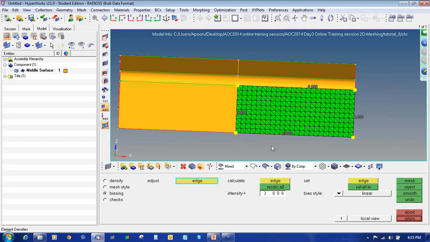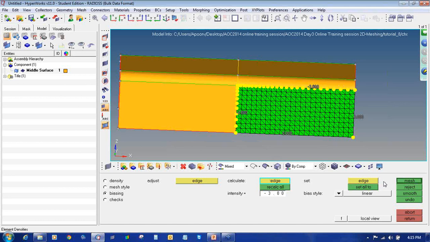Then we will see the biasing factor. Keeping the number of elements the same, doing the biasing will help me get a higher number of nodes and elements at some particular point. Let's suppose during my analysis I find that this particular zone comes under the high stress zone. So now how to get a good, dense mesh here? You can just change it to say 3, we'll see how dense it is. It's moving to this side, so I will make it -3 and click here.